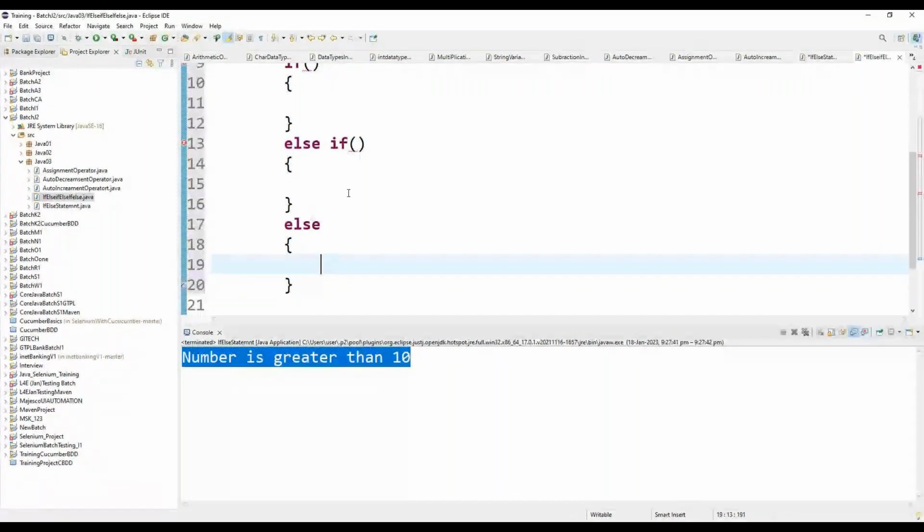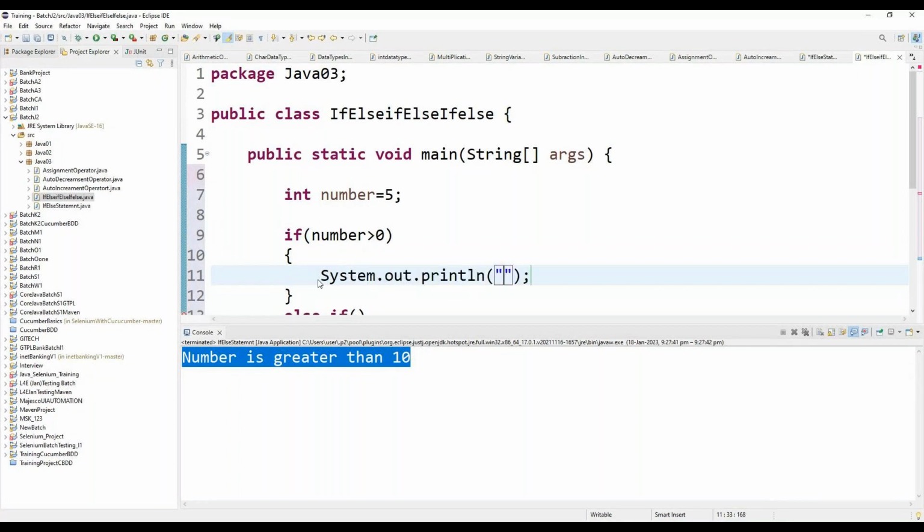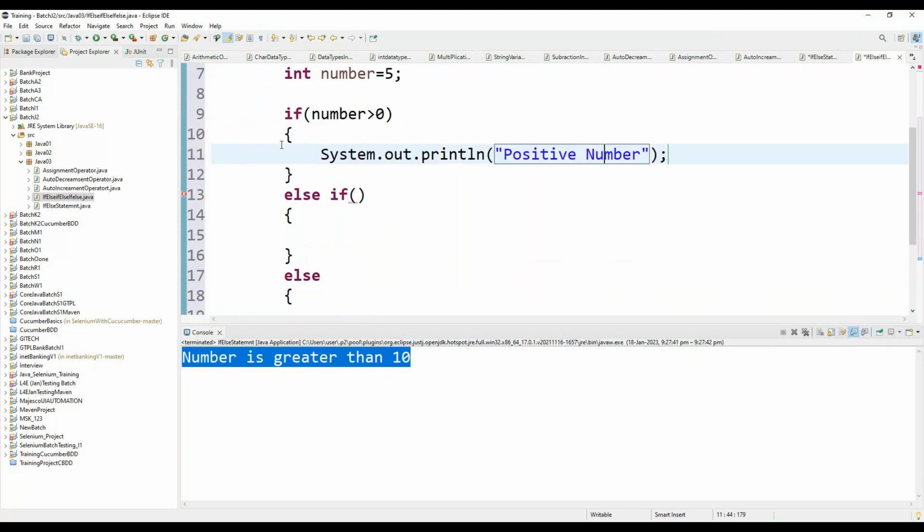So first I will write if number greater than 0, then I want to print positive number. Okay. The next condition is else if number less than 0, then I want to print